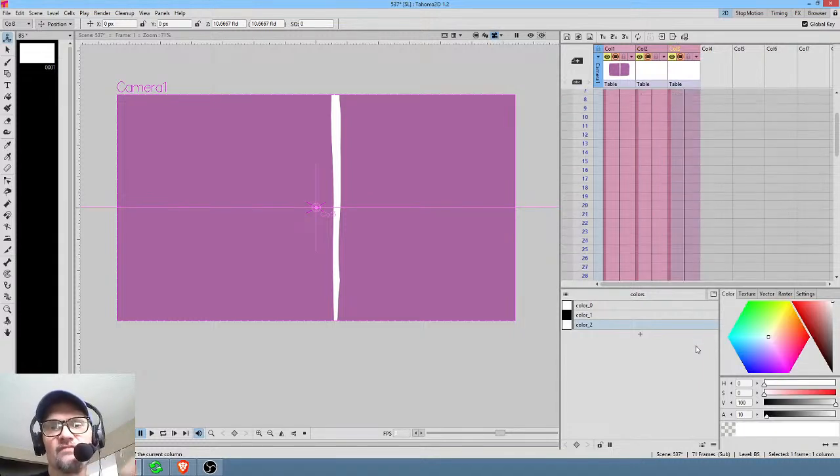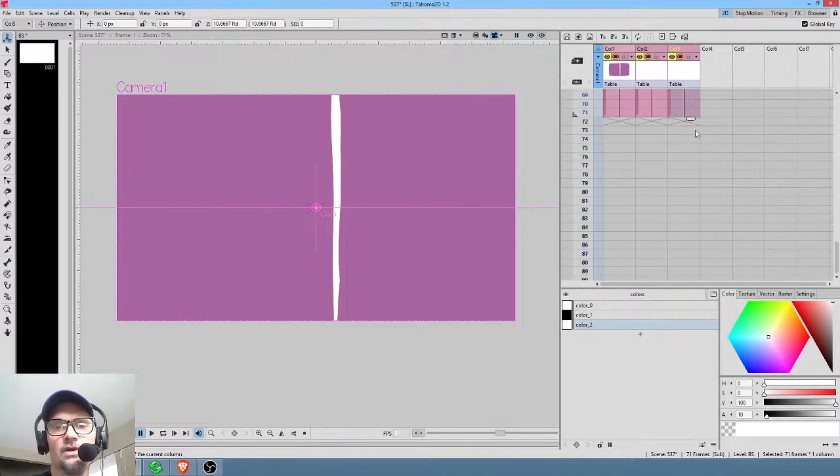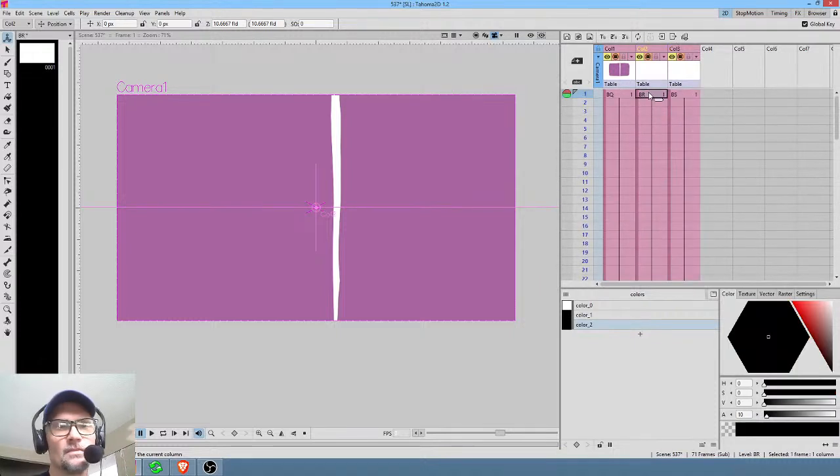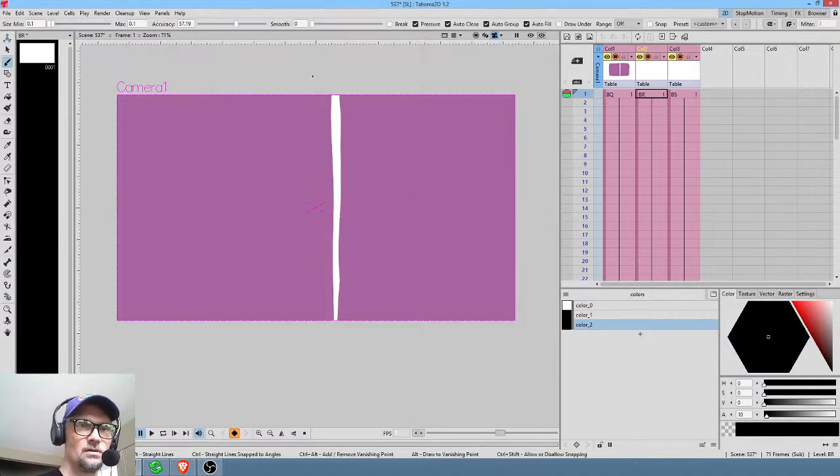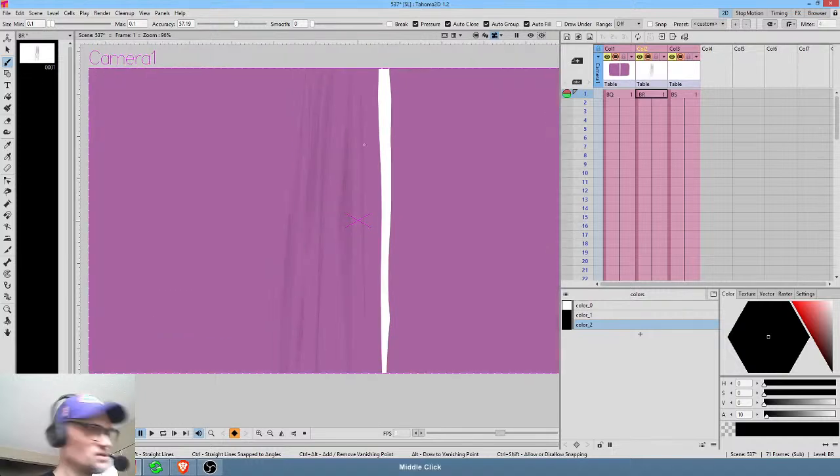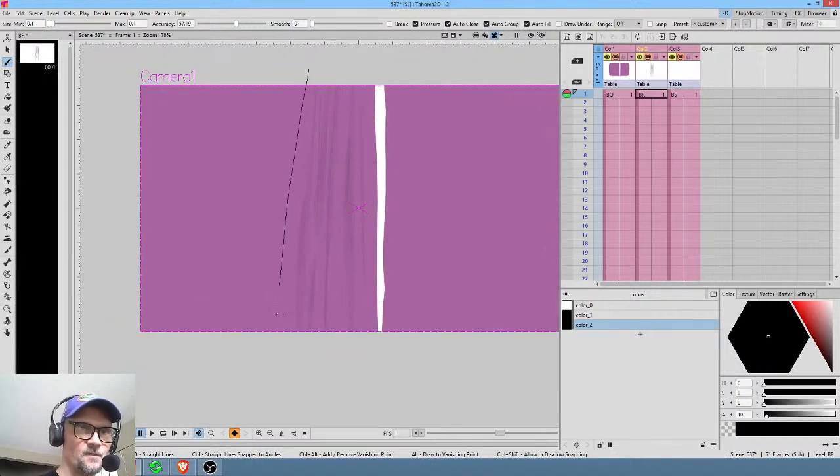What these levels do for me is give me the ability to just work in highlight and shadow areas. So because this is black, I want to hit the B key. What I'm going to do is paint to my heart's content, right? And so this can be very simple